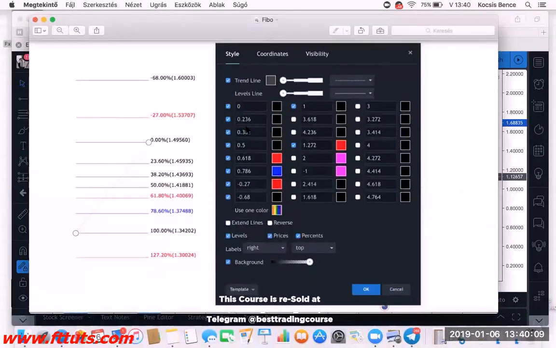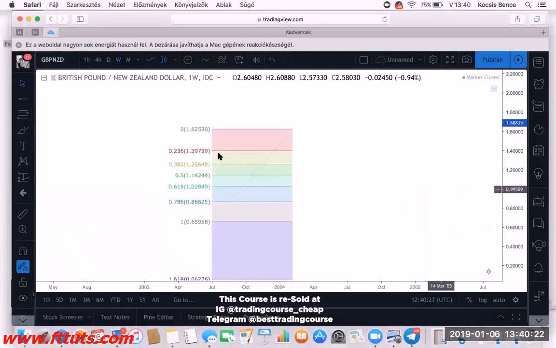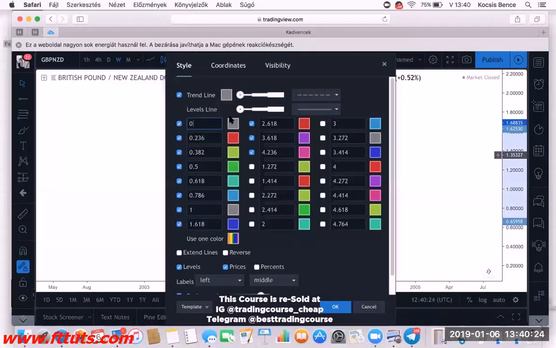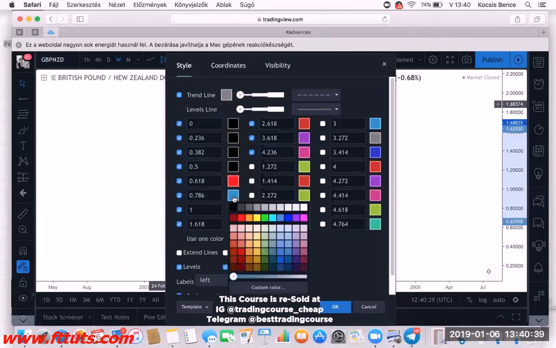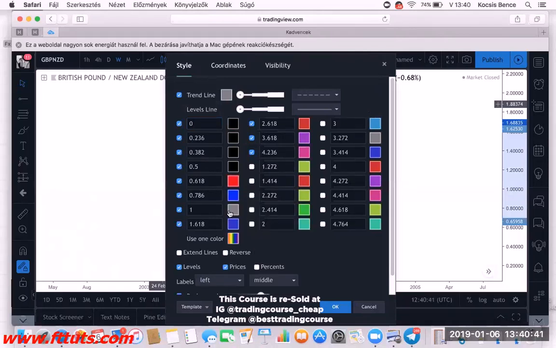That is the Fibo levels we use in the future. So you just need to copy those numbers, and you need to select the same colors, and after just click on the OK button. So let me make the settings together. The 0 is black, the second one black, the third one black, the fifth one black. The 61.8 is a really important number, so it's red. The 0.786 is blue. The 1 is black, and we use the